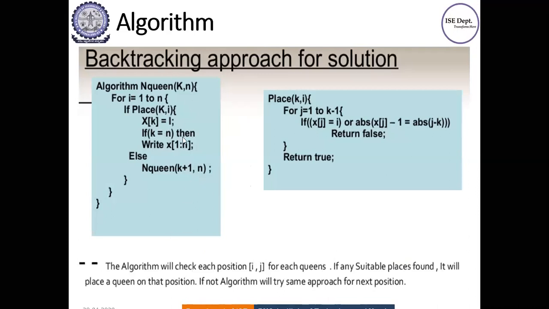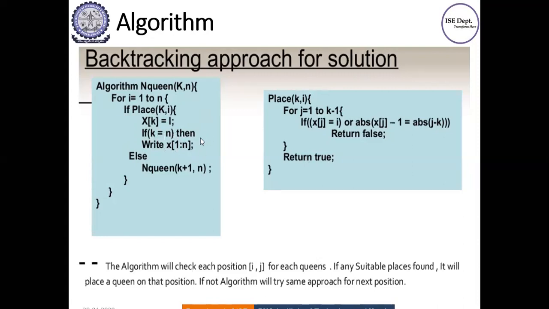Now, before going on, we'll check the algorithm and then we'll solve one problem and see how backtracking actually helps in solving the N Queen problem. Fine. So the algorithm NQueen of k comma n: for i equal to 1 to n, if place of k comma i is true, that is a different function which returns true or false. If place of k comma i is true, what you should do is x of k is equal to i, and if k is equal to n, then you write this, which means yes,